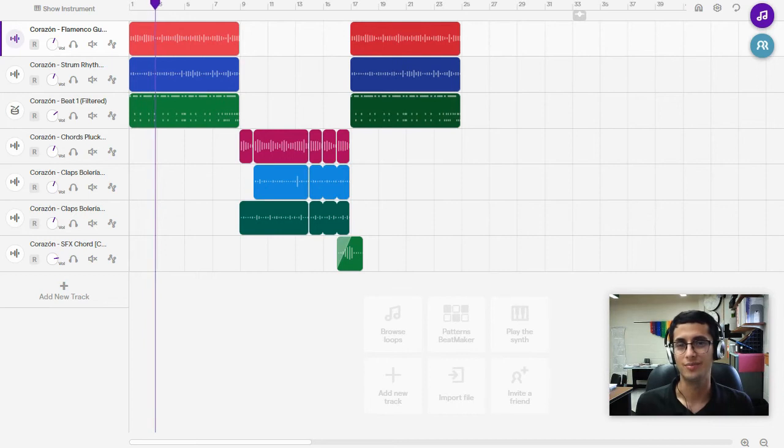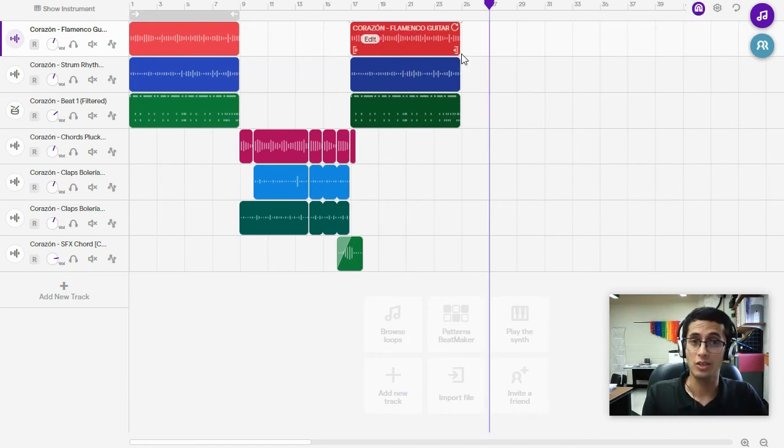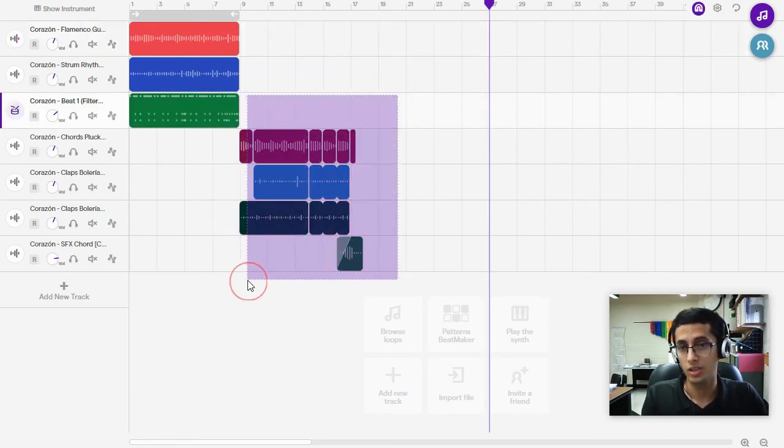So here's our A section. It's 8 measures long. Here we go into our B section. Another 8 measures. Back to our A section. You get the idea. Now, if I wanted to, what I could do is I could take this B section,